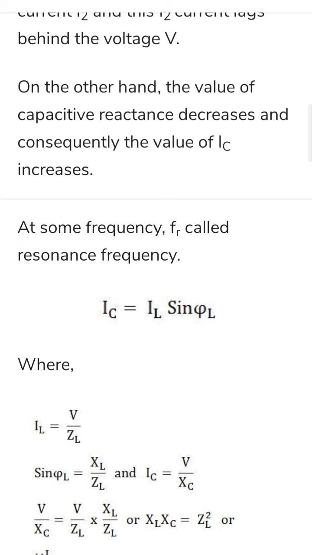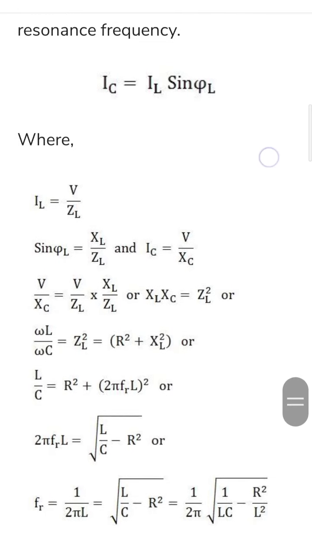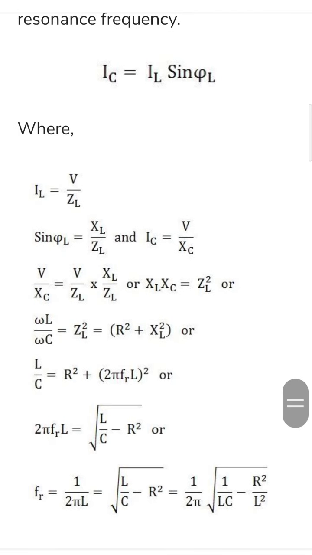IC equal to IL sin phi L, where IL equal to V by ZL, sin phi L is equal to XL by ZL, and IC equal to V by XC. So V by XC equal to V by ZL into XL by ZL, or XL XC is equal to ZL square, or omega L by omega C equal to ZL square, that is equal to R square plus XL square, or L by C equal to R square plus